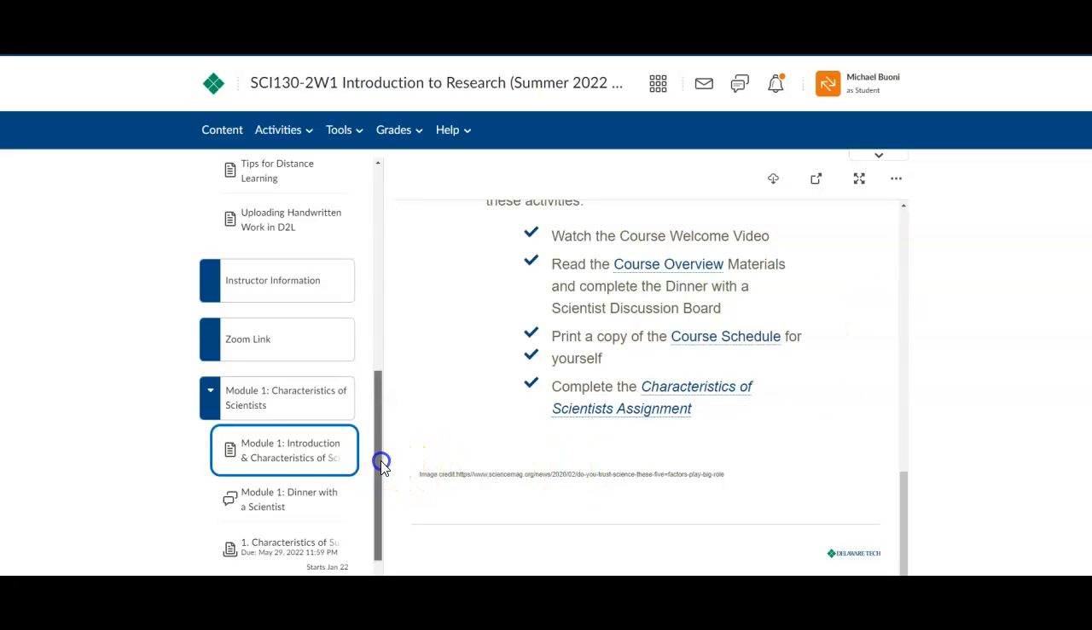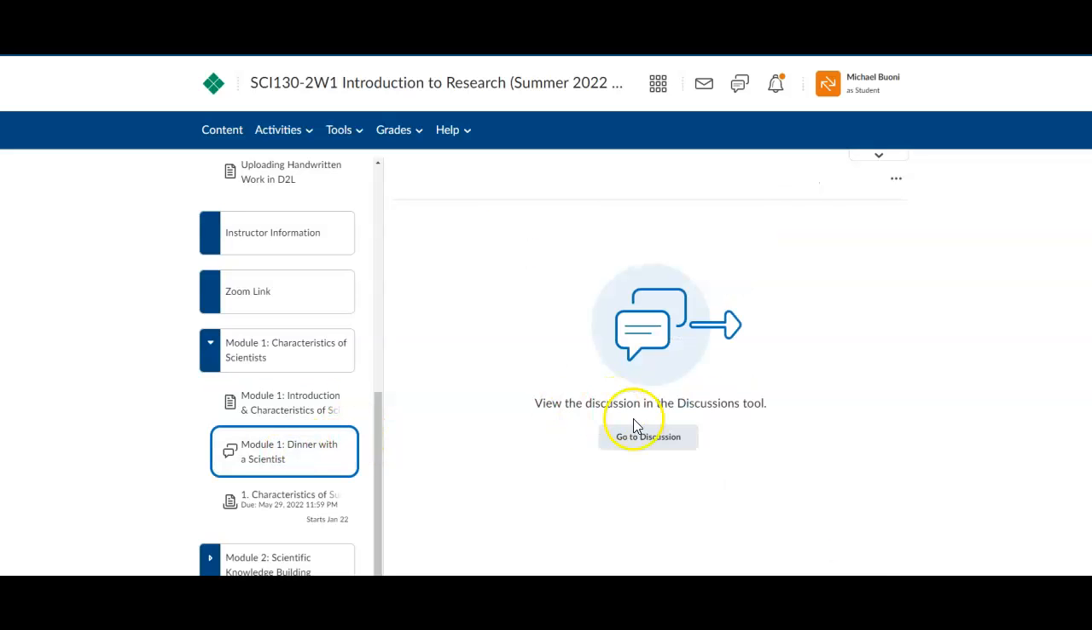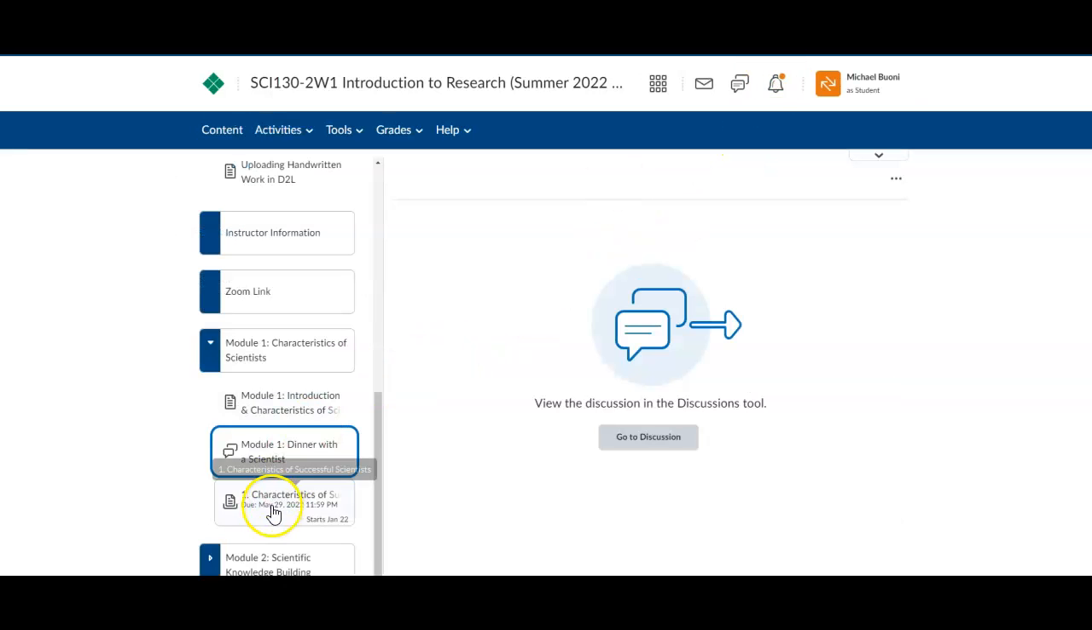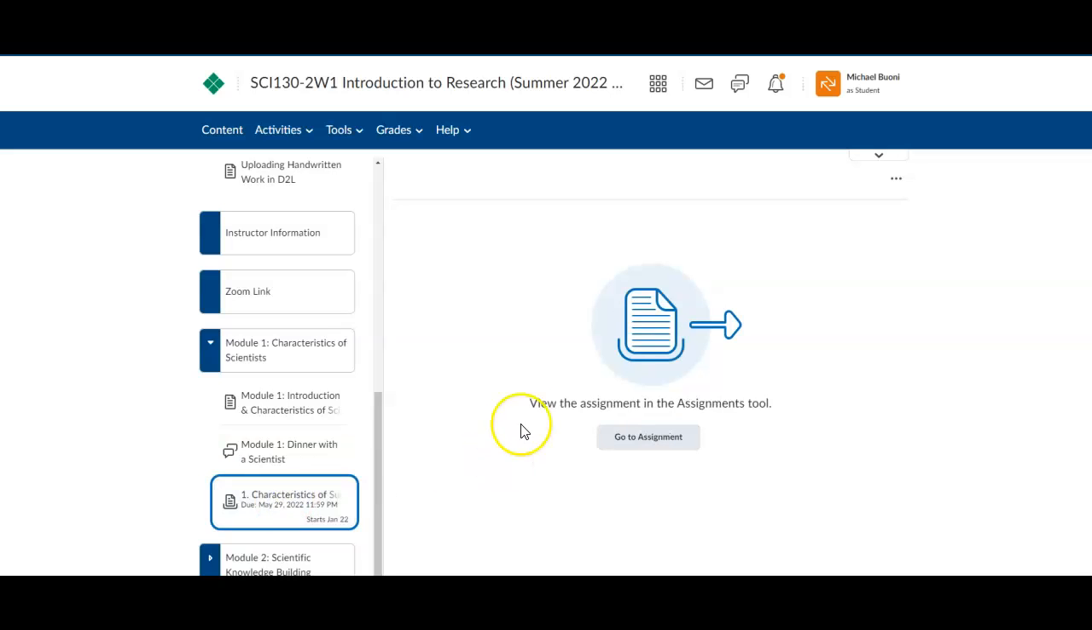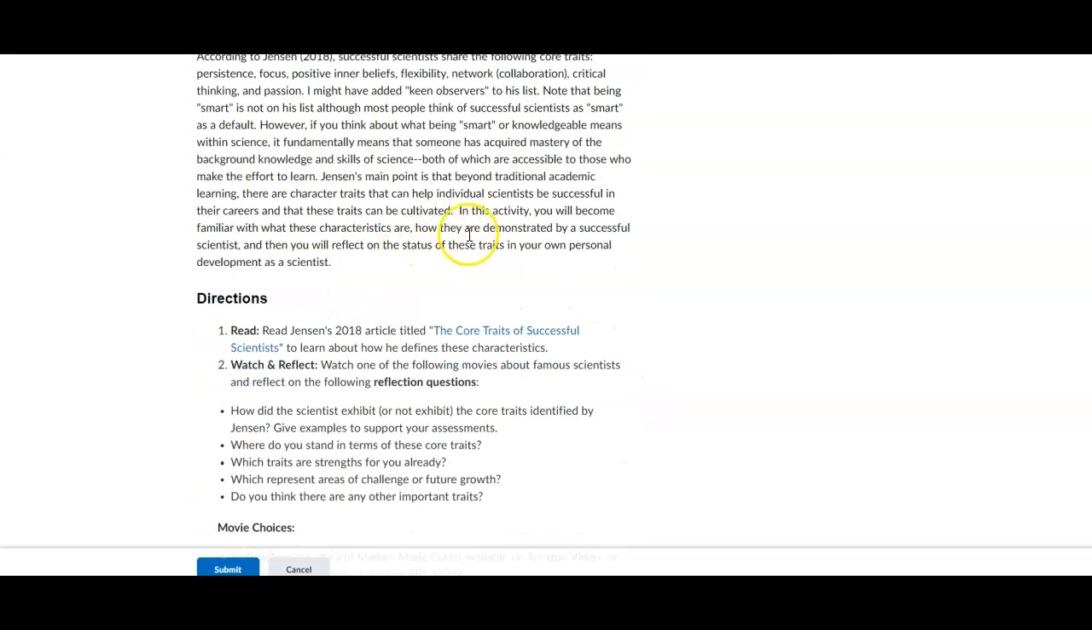And then, don't forget about the dinner with the scientist discussion board. Over here, you're just going to click this module. It's going to go to a discussion. You are going to answer this particular question. And then that's that particular part of it. The second one is going to be characteristics of a successful scientist. So you're going to go here, and you are going to read the introduction, and read this particular article,